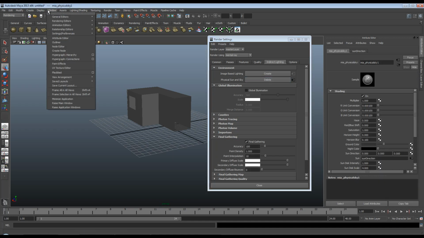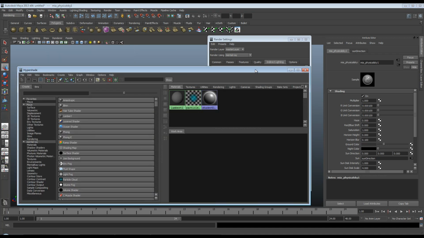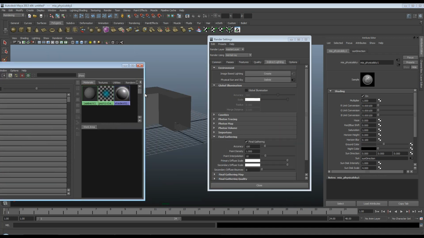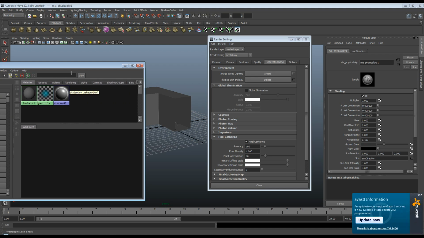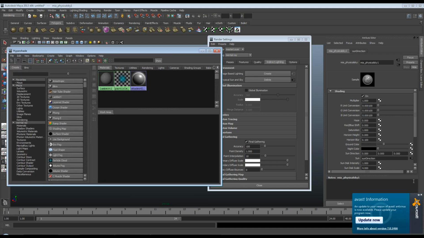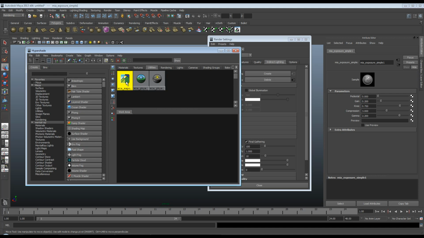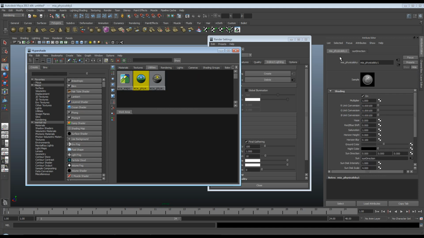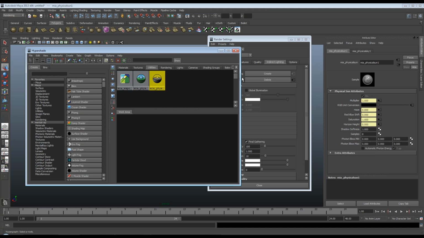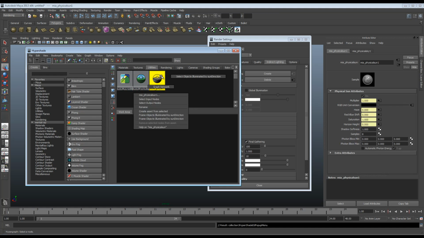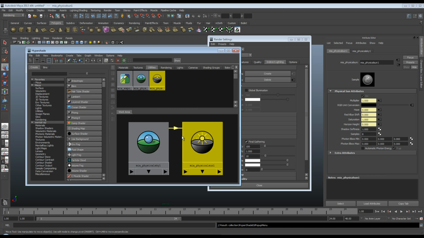Now I'm going to open up the Hypershade to show you what this has actually done, because it's nice that it just creates it automatically, but I find it very helpful within Maya to actually see what has happened. If I look under utilities, you'll see that it's automatically created the simple exposure node for us. It's created a physical sky and a physical sun,